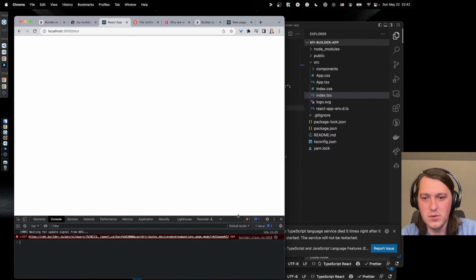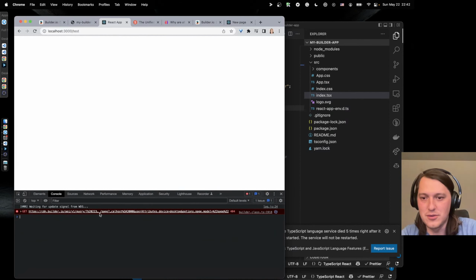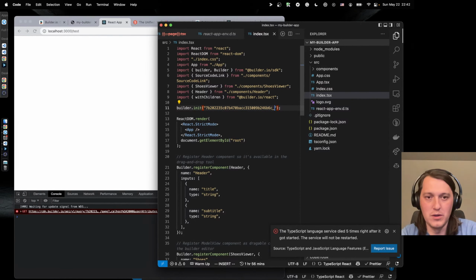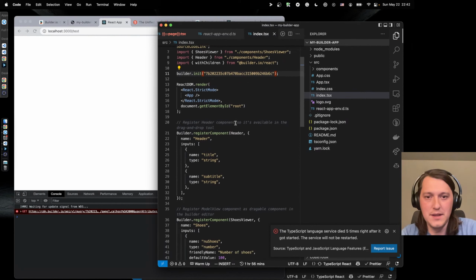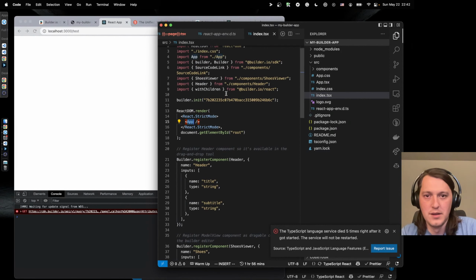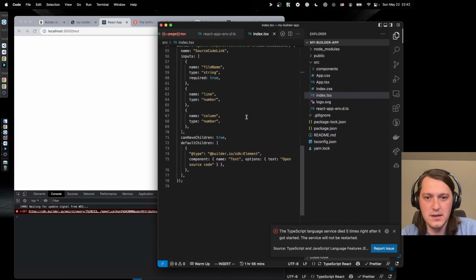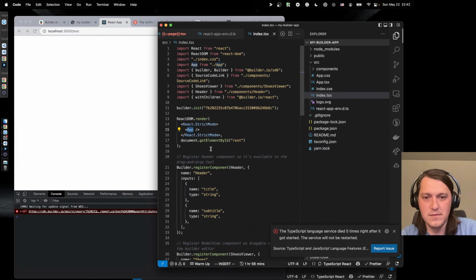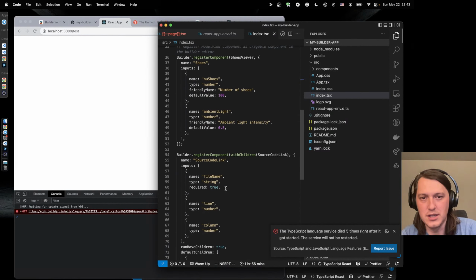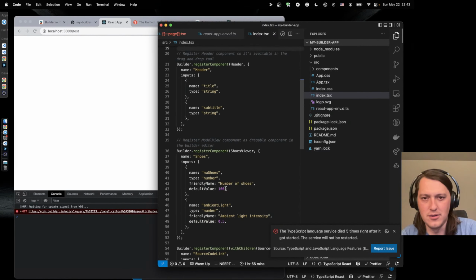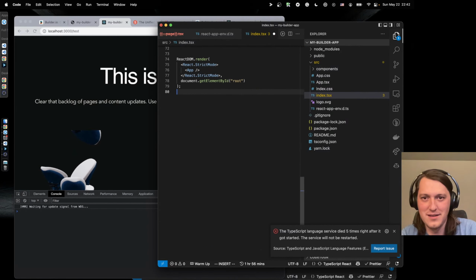So without this code, we can get to Builder. So once we get there, okay, so app is okay, and it's interesting that it renders first and registers later. I don't know if that's important or not. I would do it this way.